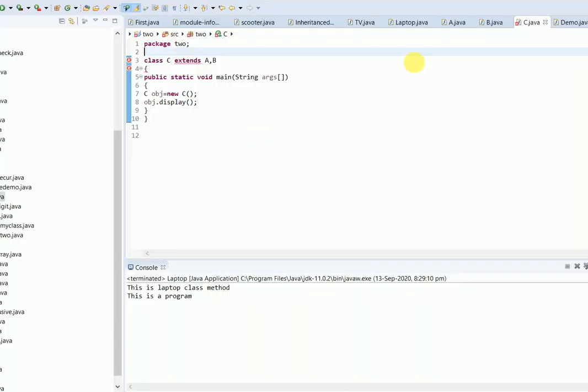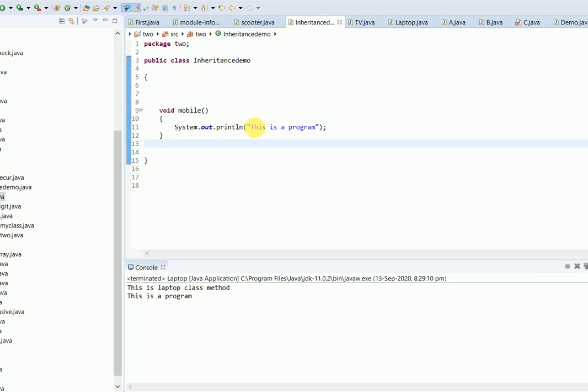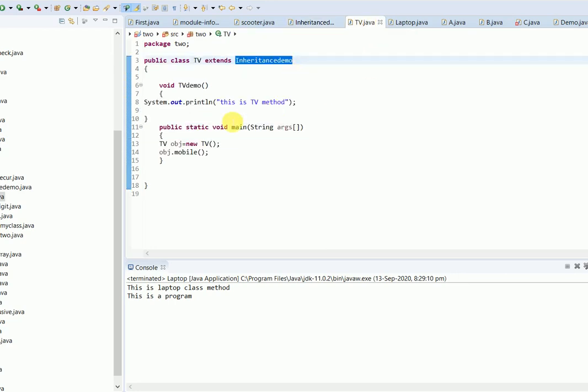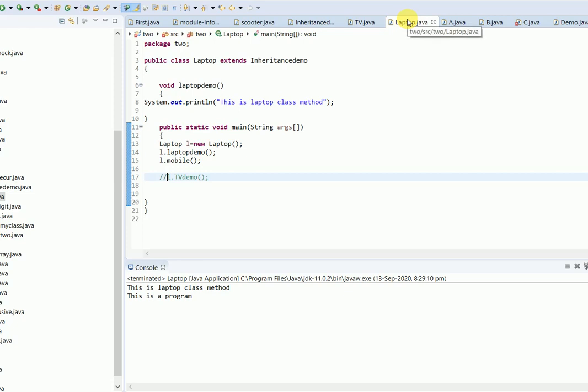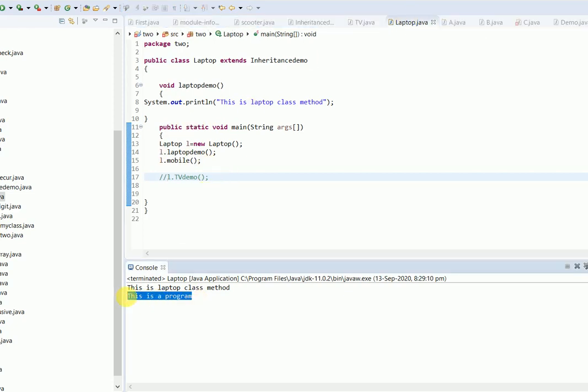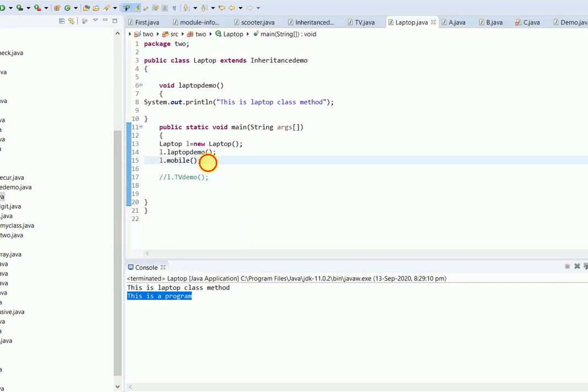That's what we were doing. Like in inheritance demo, I have this message as "this is a program", and in tv.java I got that message printed, or in laptop.java I got that message printed without even writing the mobile method. Why?